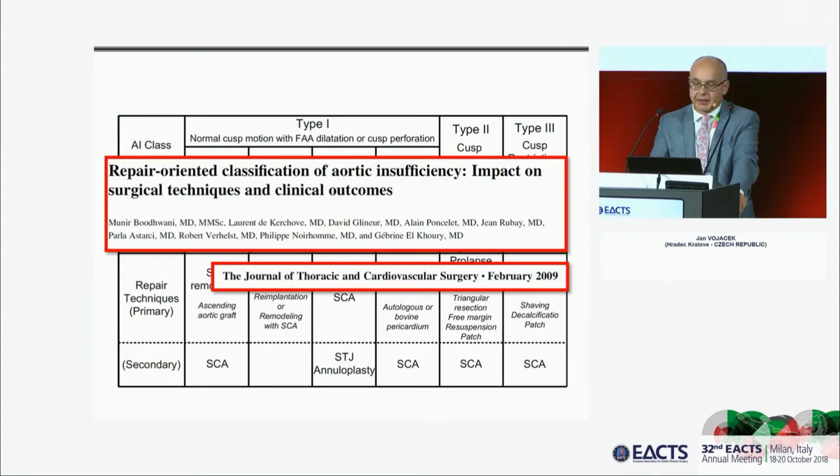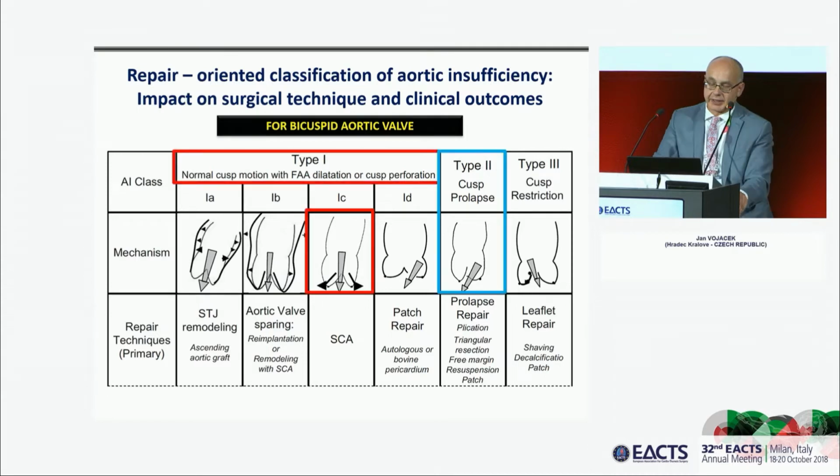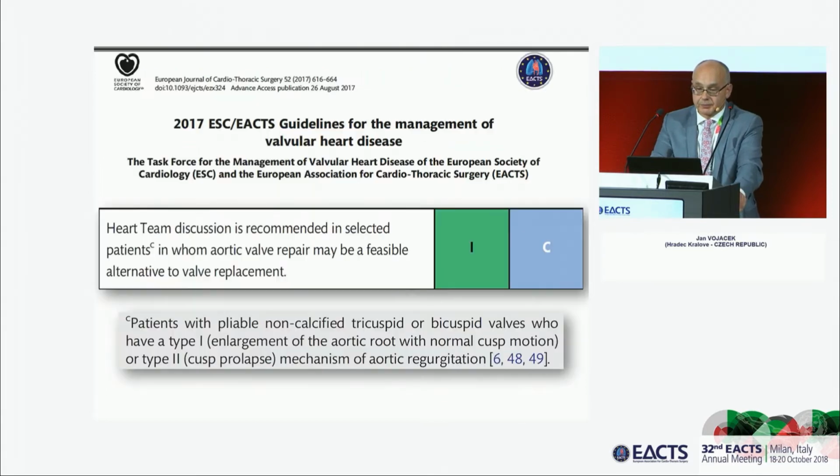And as you know, for bicuspid aortic valve, there is always some prolapse of the leaflet, so there is type 2, and almost constantly there is some degree of annular dilatation, and in most of the patients some degree of aortic dilatation at a different level. So we basically have a combination of type 2 and type 1, so we are lucky